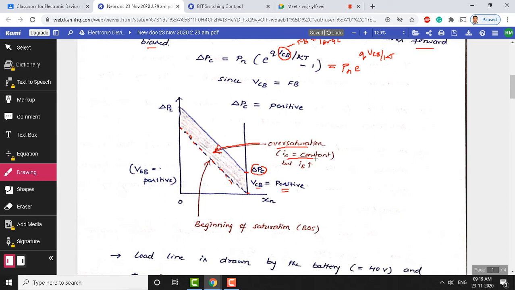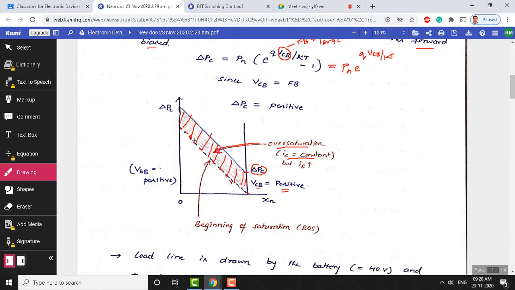What may be the reason? Any guesses here? Why is the collector current constant even when the device is oversaturated? Oversaturated means we apply forward bias at the emitter base junction as well as the collector base junction. Both are forward biased. Just imagine the coupled diode model, you will get the answer for this. When emitter base junction is forward biased and collector base junction is also forward biased, that region is called the oversaturation region. This complete shaded portion is the oversaturation region.